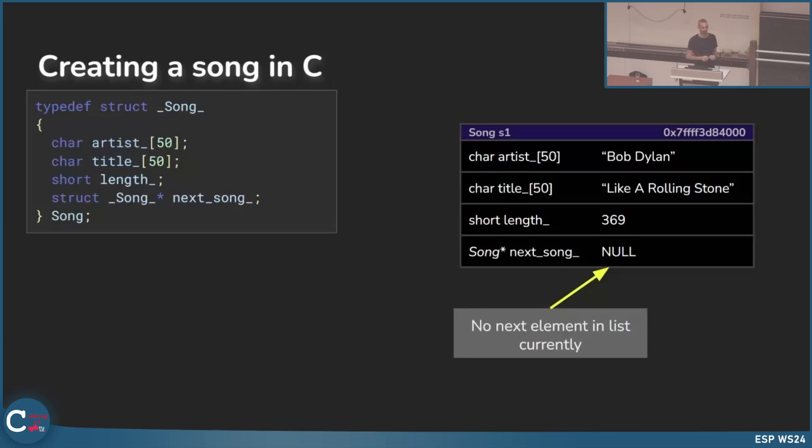So the size of a struct is always just the sum of its members. So if I have a struct with an integer, which is 4 byte, the struct is also 4 byte. In this case, I have an artist with 50, a title with 50, and a short, which is 2 byte. So I have 102 bytes, and I have a pointer, which is 8 byte. So altogether, my struct element has 110 bytes. When I don't have this pointer star here,